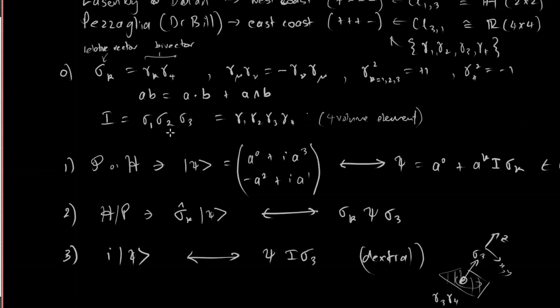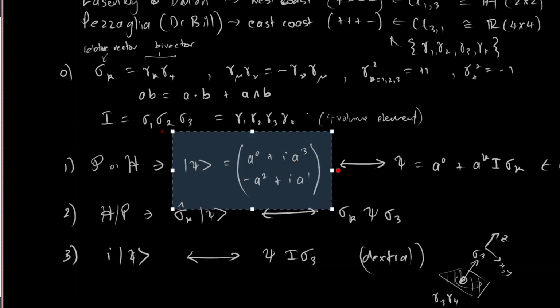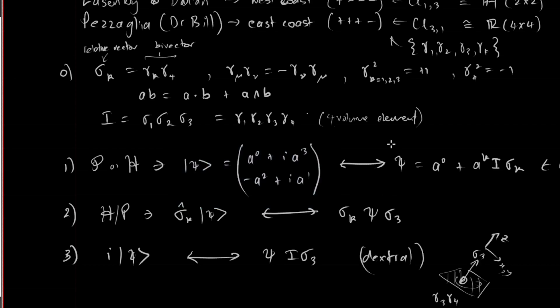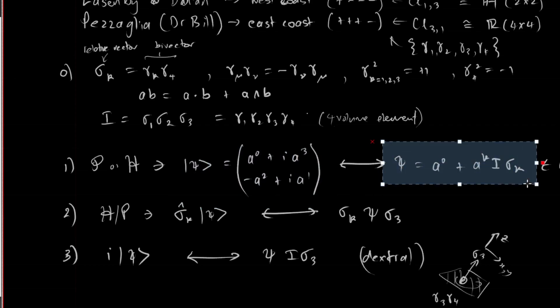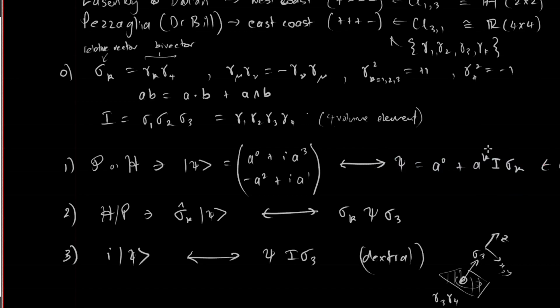Okay, now this is the critical mapping. This is the Pauli matrix, or spinor. Two column vector, two components, complex entries, and that maps to the Clifford algebra or spacetime algebra, 3,1 signature, or any signature you like, I guess, using this mapping. The scalar A0 is a scalar, and the other coefficients, the A's are real numbers, they get mapped by the pseudoscalar times the sigma. The sigma is going to be